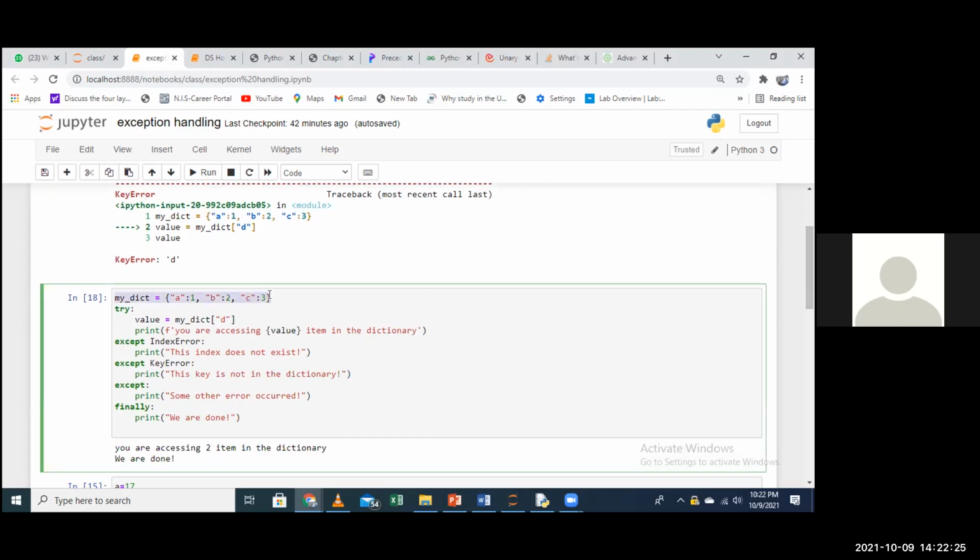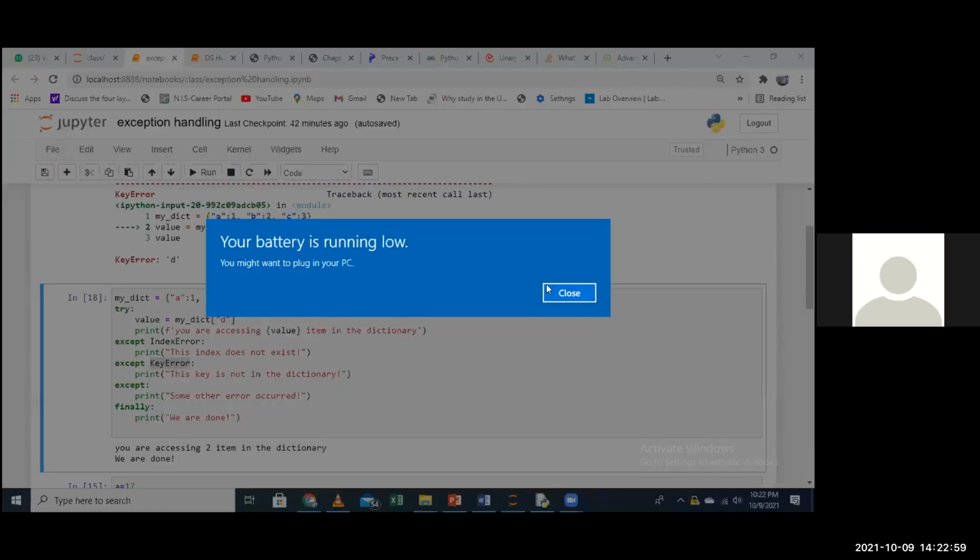With the same dictionary, the try block, what the try does is it's telling your computer, do this. So when it does this, we give an example. Now the concept of exception is that instead of giving an error in case this cannot be executed, in case that error is an index error, just print this index does not exist and continue. In case maybe there is a key error,